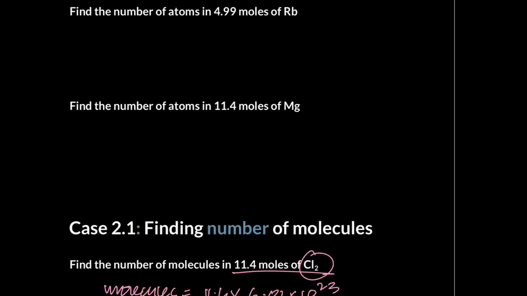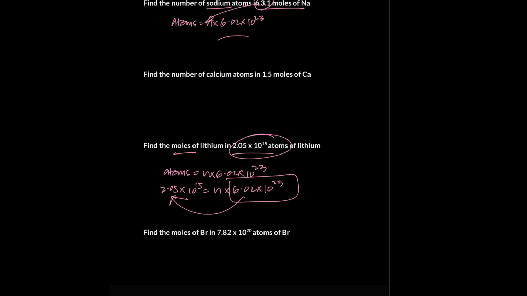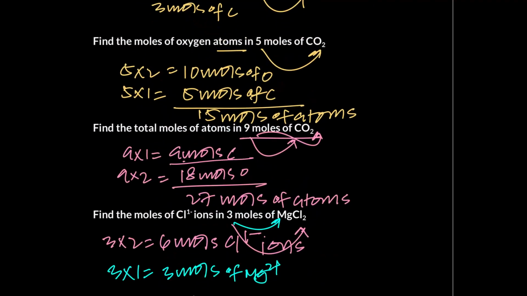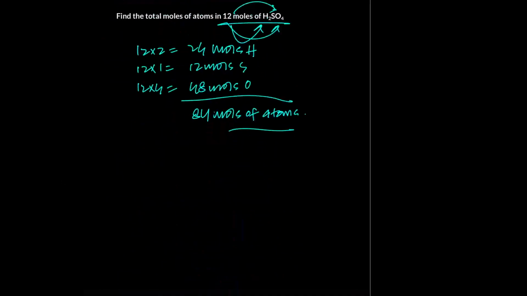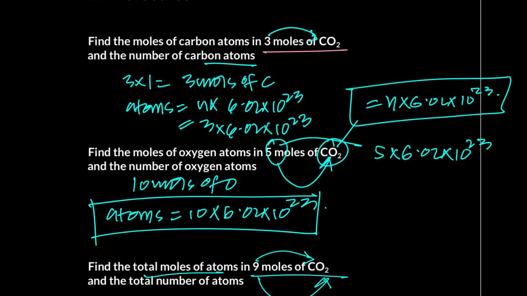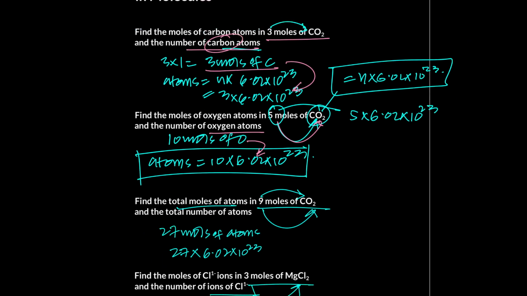ये ऊपर हम यही कर रहे थे ना, ये देखो ना यार, ऊपर हम सारा यही हिसाब-किताब कर रहे थे। पहले मोल्स निकालते थे एटम्स के, फिर नंबर ऑफ एटम्स निकालते थे। ये इधर किया हुआ है। ये देखो, मोल्स ऑफ कार्बन डाइऑक्साइड गिवन है, नंबर ऑफ कार्बन एटम्स फाइंड करें तो पहले मोल्स ऑफ C निकालो, फिर एटम निकालो। नंबर ऑफ ऑक्सीजन एटम्स निकालने हैं तो पहले मोल्स ऑफ ऑक्सीजन निकालो और फिर नंबर निकालो। डन।